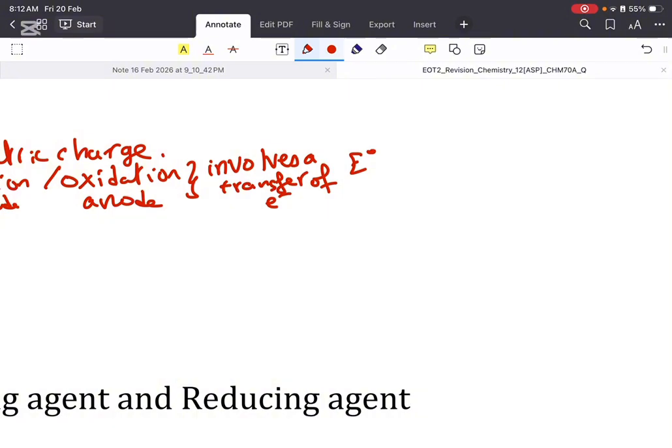So with their voltage, an electric current